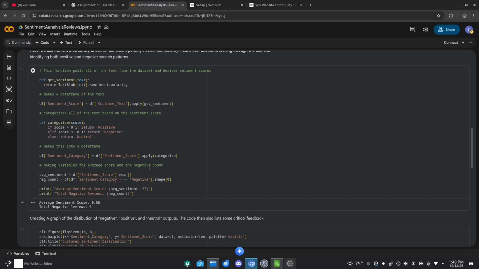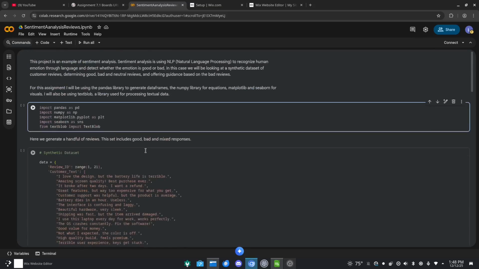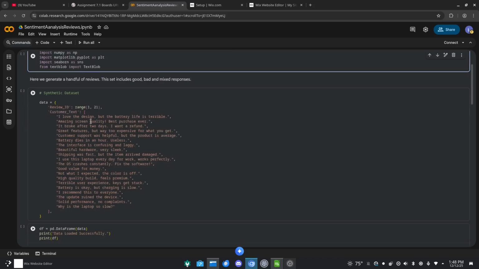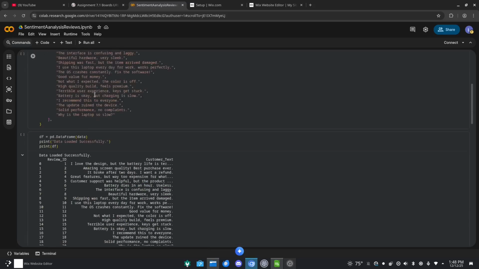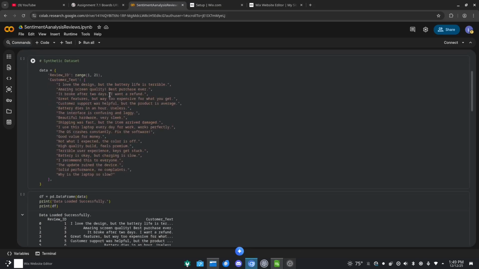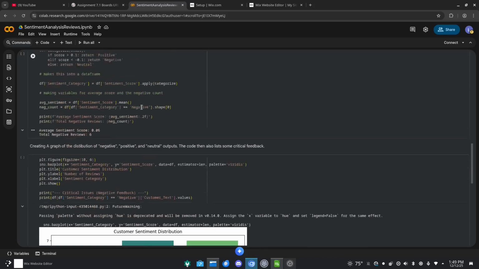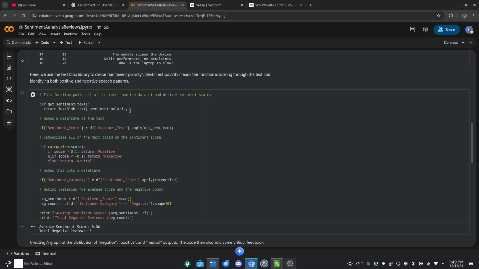Basically, what we're doing is taking this data set that we've made up here, and we're scanning through all these words to get just a gist of the emotions behind the words, and we're using something called natural language processing to do that. That's what TextBlob is. It's an NLP, natural language processing library. And so we scan through all of this text, and we determine a score for each review,